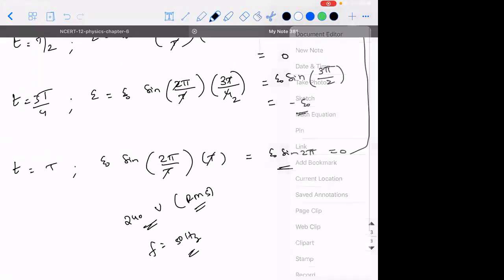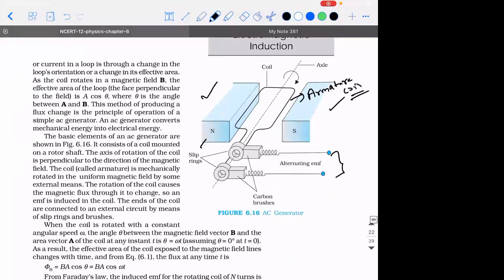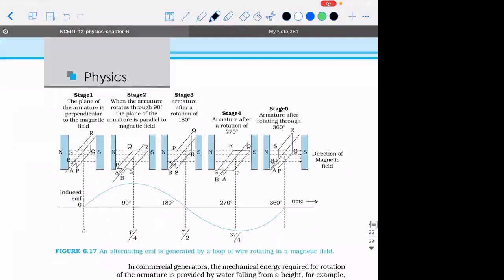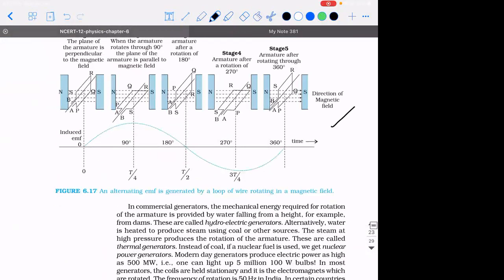So with this, the alternating current AC generator is over, but one last point to be focused upon is this graph. So this is what I was trying to say. In this scenario, flux is maximum, flux is 0, flux is minimum, that is minus. Again, flux is 0, again, flux is maximum. So what is happening? The EMF is starting at 0. It is going to the maximum value.